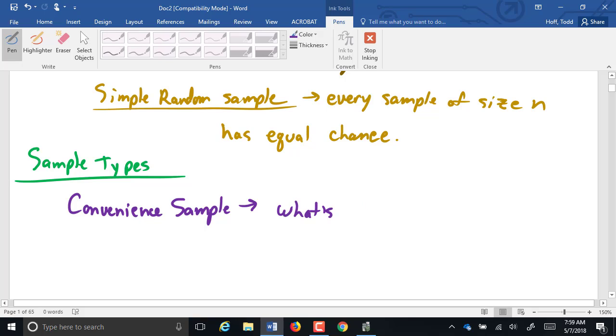Students who don't have Monday classes could not possibly be in that sample. Let's say you don't go down to the other end of the building. Only students at this end of the building have a chance to be in that sample. Students at other campuses don't have a chance to be in that sample. So it is a convenience sample. You take what's easy to you.